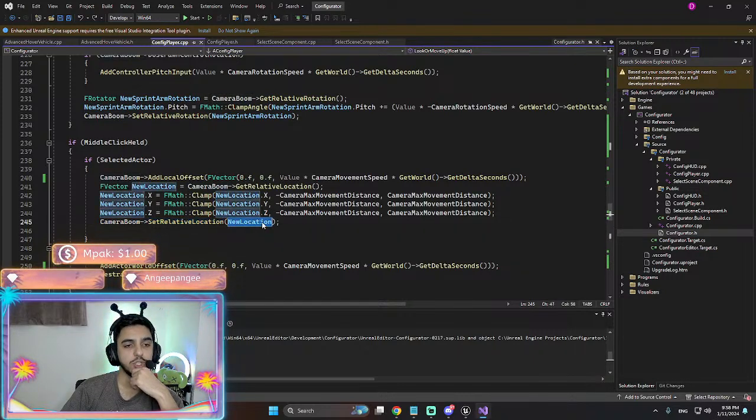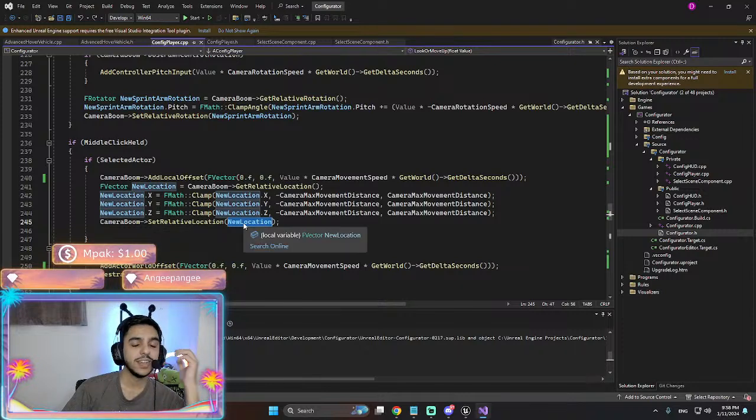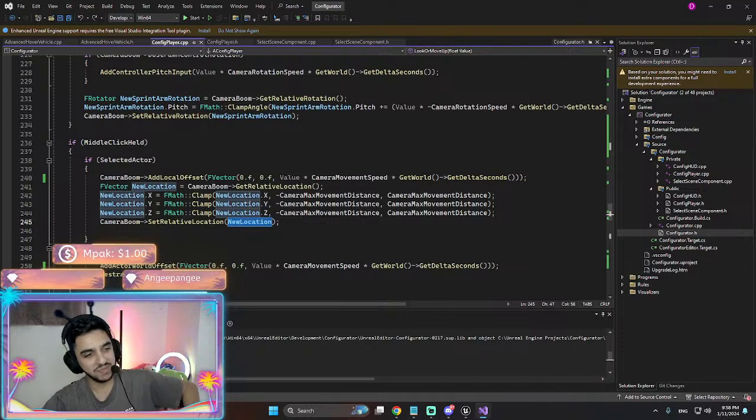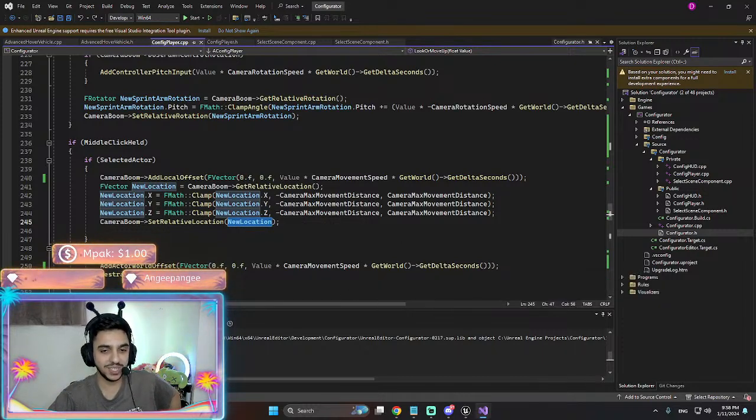Set relative location. Hold on a sec. TV noise comes here in the mic.